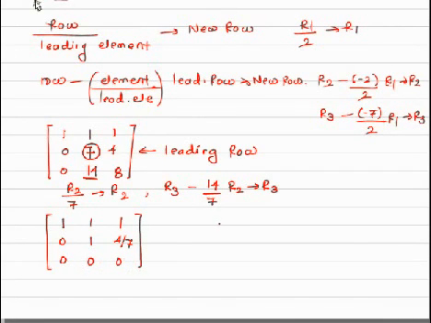Now see, in the last row we don't have any non-zero element. Therefore, for the last row there is no leading one. So this last matrix is nothing but the row echelon form of the matrix. This is a simple way to calculate the row echelon form of any matrix. In the next session, we study how to calculate the reduced row echelon form of a matrix.